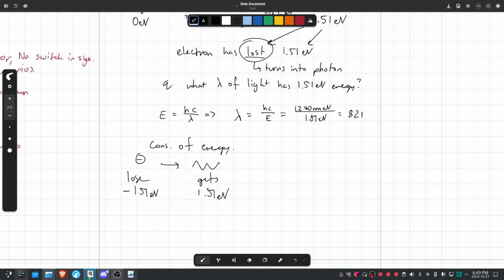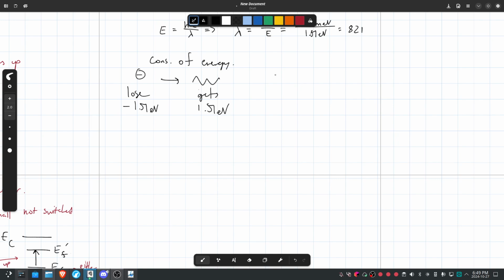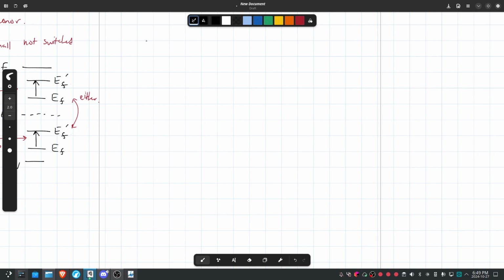So electron always turns into photon and vice versa. It doesn't turn into a photon. It still exists. It just has turned some of its energy into a photon. Yeah, converted the energy. So if we were to make an energy diagram, so let's say this is 4,